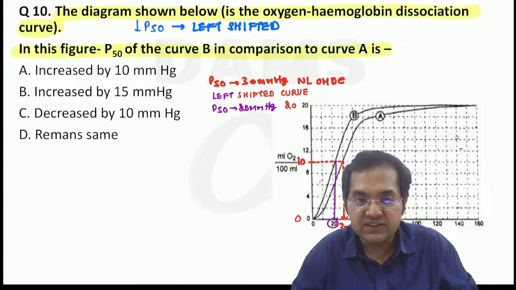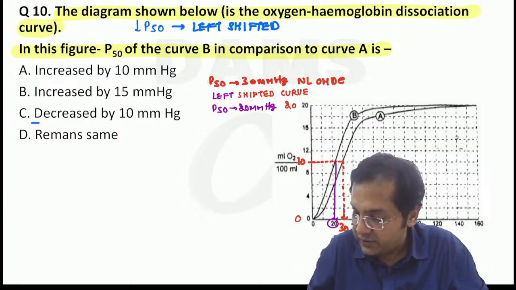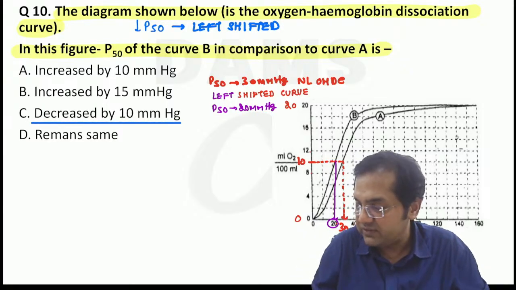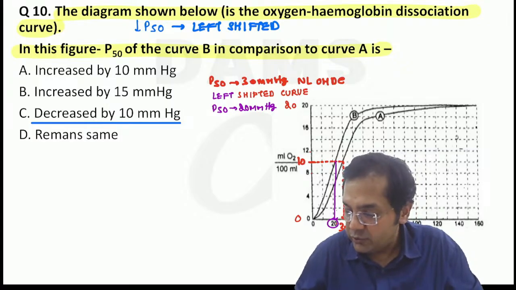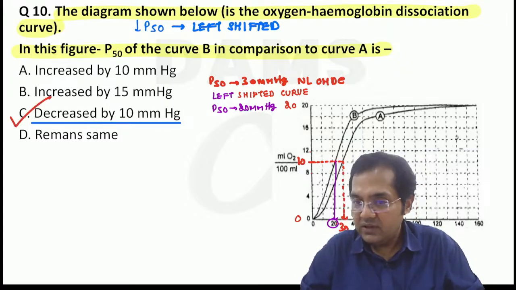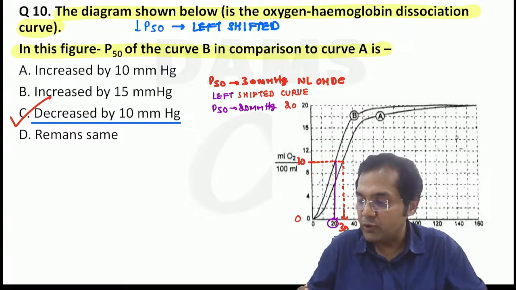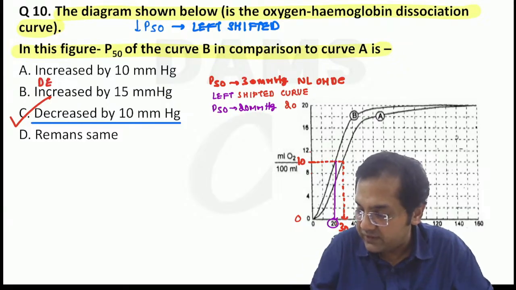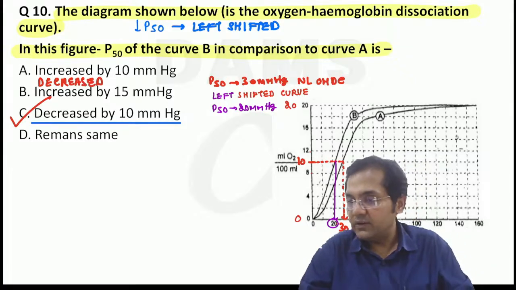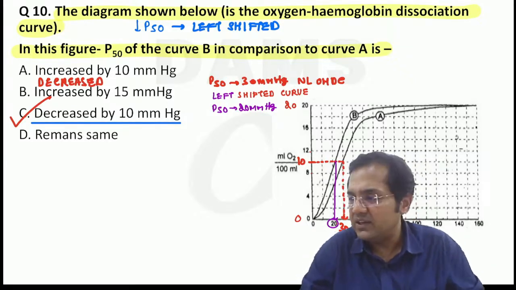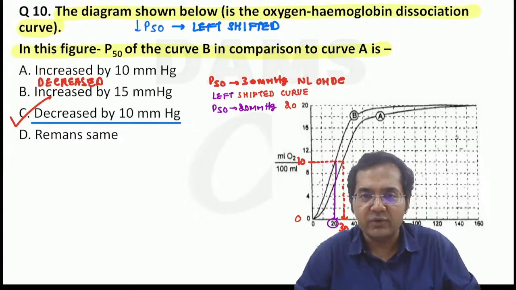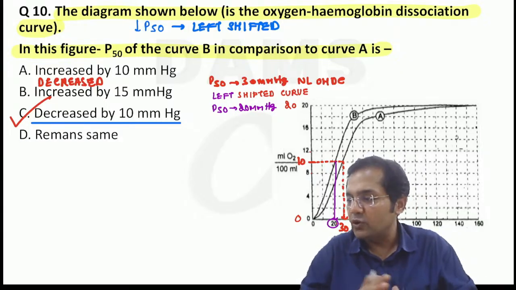And I have been generous with you all that I have only given you one option with decreased. So that is the other way. You should have gone by this. I could have made things difficult for you by giving you one more such as this. Then you would have to calculate. But the examiner is not going to be after your skin, so they just want you to know whether the concept is